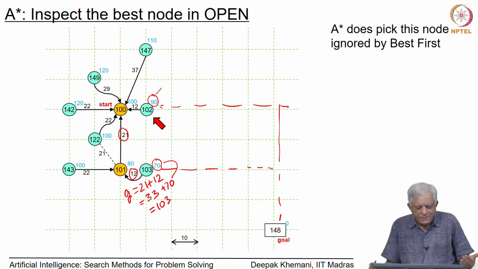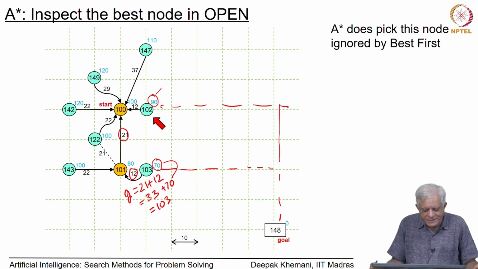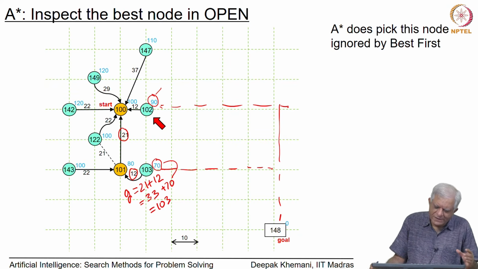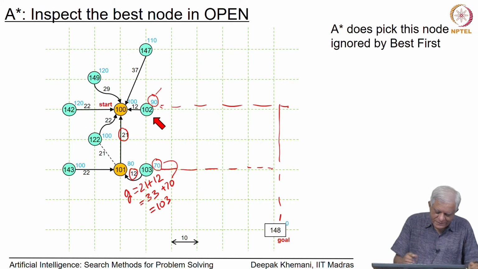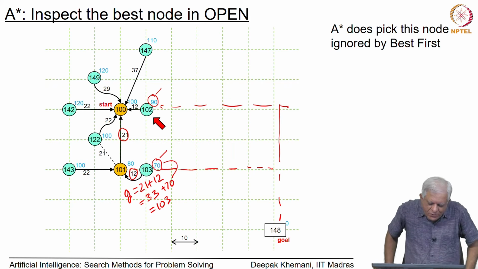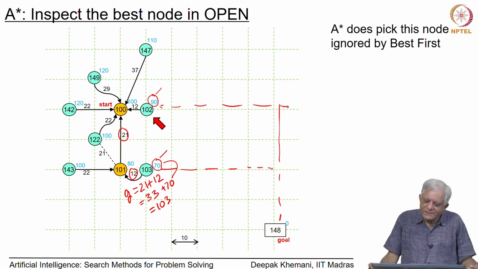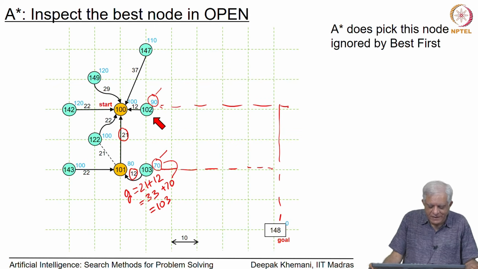So, in that sense, this is what I have been trying to emphasize, that the A star algorithm looks both behind, as to how much did it cost to reach that node, plus how much will it cost to go from that node to the goal node, and therefore, its behavior is a little bit different from that of best first search. Best first search would have picked this node with an estimated cost of 70, because it does not look behind, whereas A star is looking at a combination of g and h values and picks this node